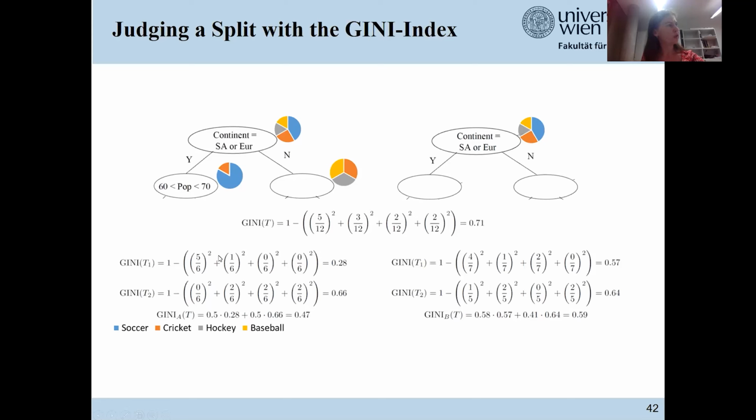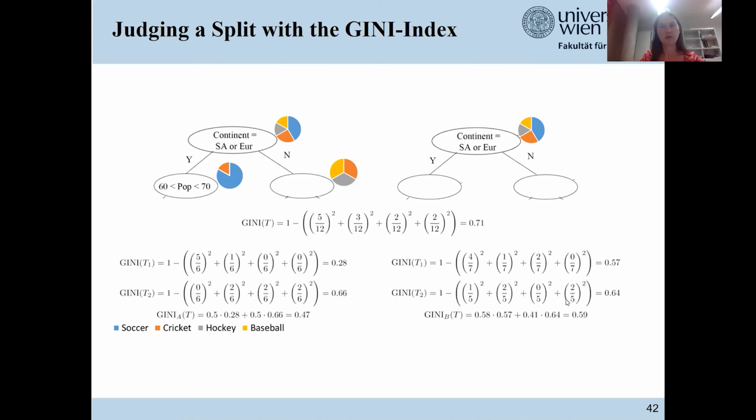In the first split, 6 instances go to the left and the right subtree, and in the second split, we have 5 instances going to the left subtree and 7 instances going to the right one. And it depends, of course, on the split, how many instances go to which subtree.